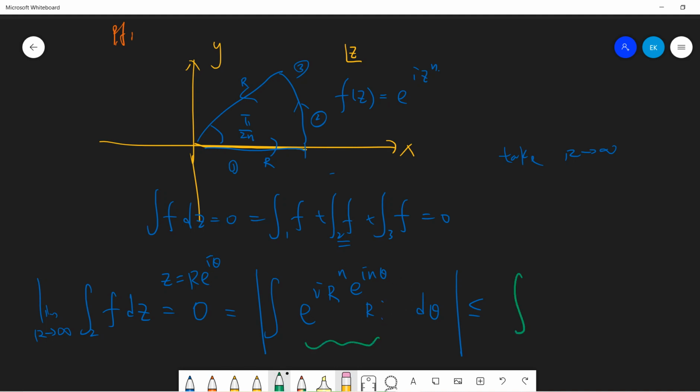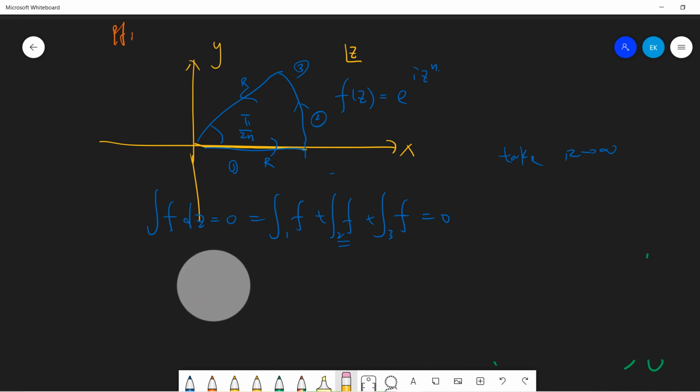Okay, since we take the absolute value, we don't care about this. And then we get this. So you get the R, but you only take the real part, right? So the cosine n theta part is not important. You get minus R^n sine n theta, and the integral from 0 to pi divided by 2n. And you can prove that this will go to 0 as R goes to infinity. I don't want to write out the detail, but you know that the exponential of R^n will decay very fast compared to the original R, right? So it is easy to prove. So that means if we take R to infinity, we don't need to care about the second term. We only care about the first term and the third term.